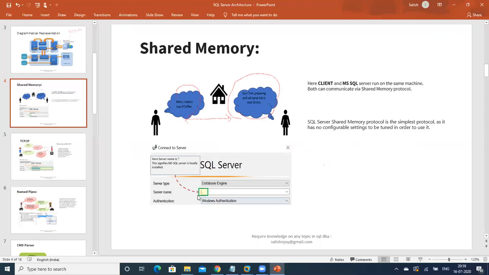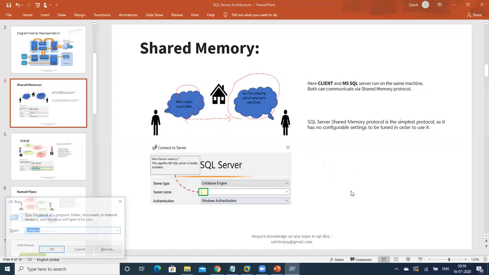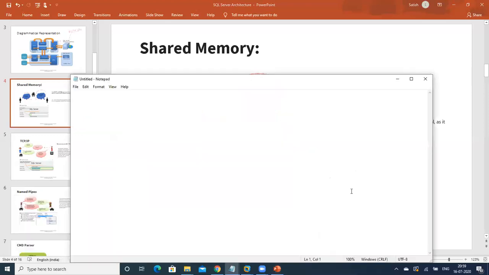It means that you are in a local machine here. So she will listen to your voice and she will give a coffee. The best example is that you are connecting to a SQL Server through a local machine. When we are trying to connect to a local machine in our office or desktop, we will simply say